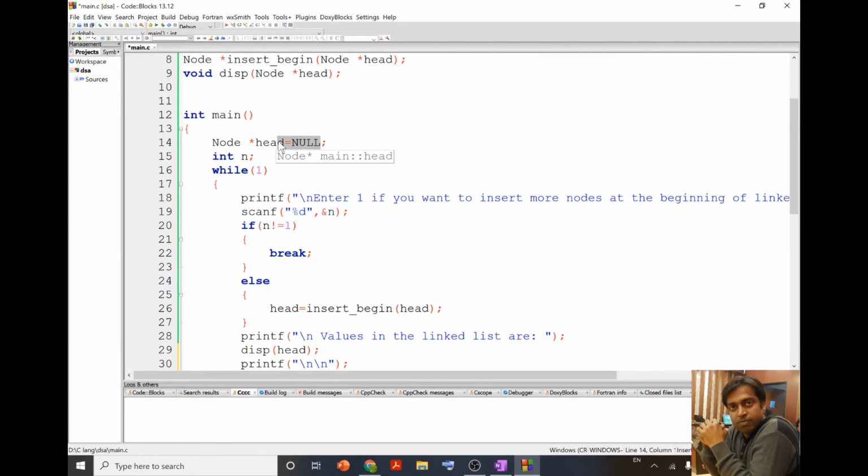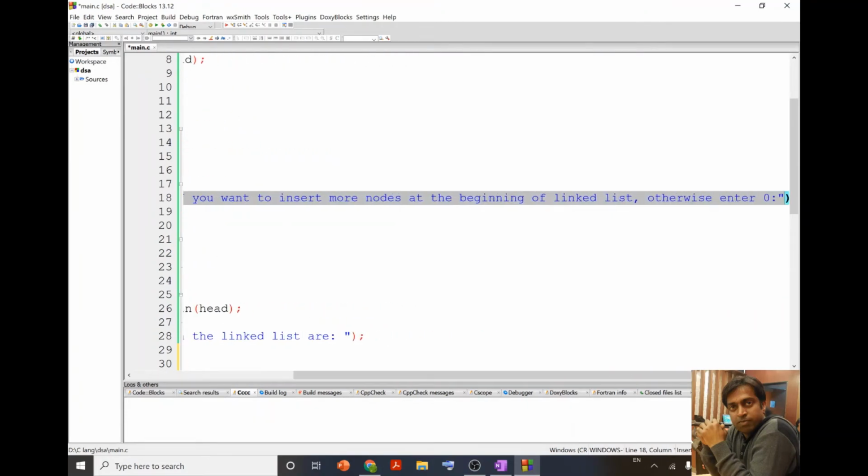Now I declare this end variable which I am going to use in my program, and then I make an infinite loop, because inside this loop I am going to ask the user to enter 1 if you want to insert more nodes at the beginning of the linked list, otherwise enter 0.